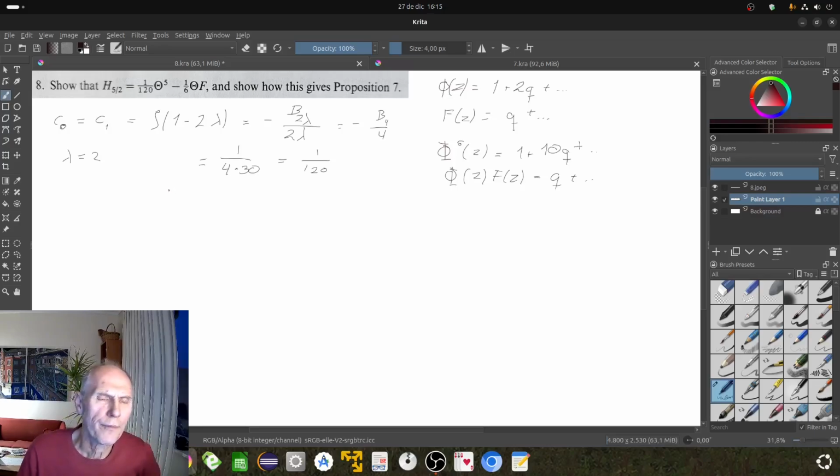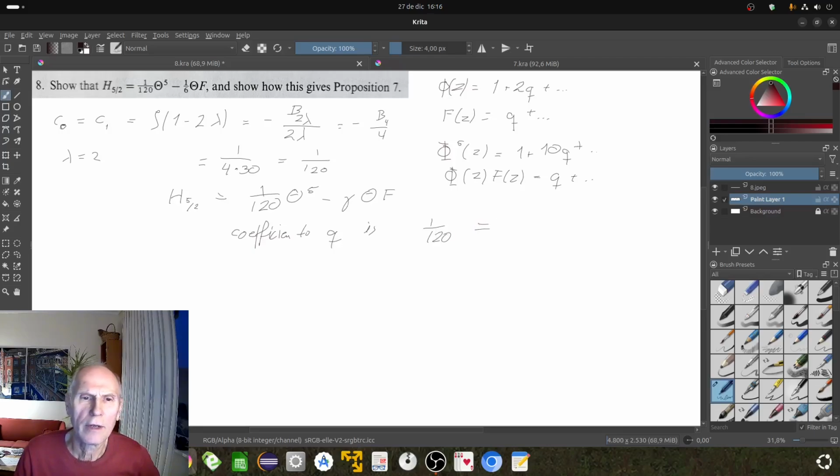All right, so we have H phi halves equals capital theta to the 5th minus something theta f, and the first coefficient to q is here, it's 1 divided by 120, and on the other side it's 1/12, 10 divided by 120, and then the next one gives